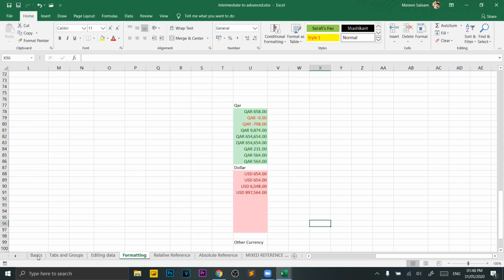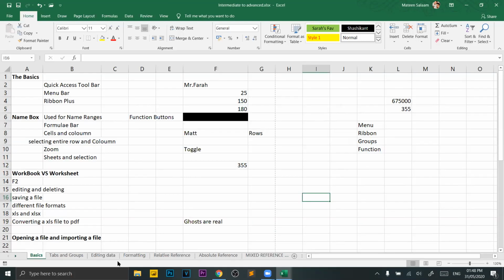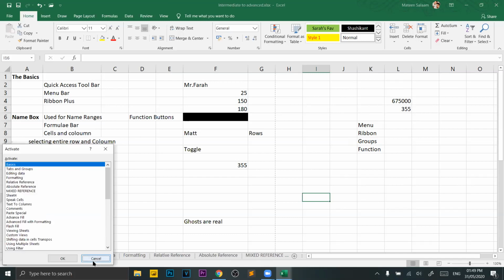You can navigate through sheets by clicking on them, or you can also do it by clicking on this button. This button will allow you to navigate through many sheets if there are any, or you can navigate through them all by right clicking. You can also see that if I bring my cursor above this,